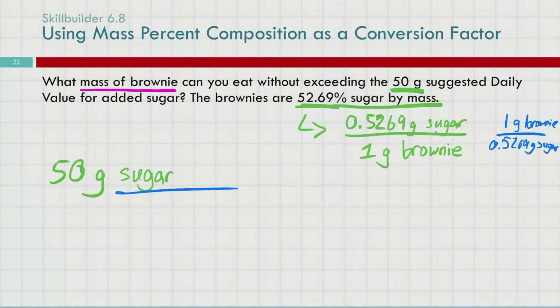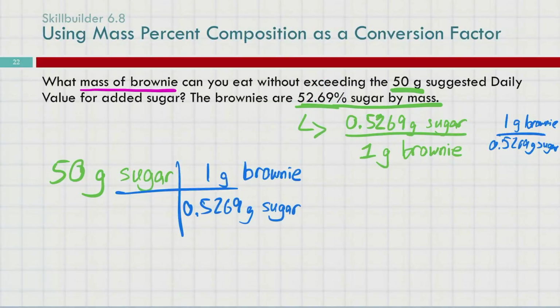So we're dividing by our percent composition. So cancel those out. We'll get grams of brownies left over. We do 50 divided by 0.5269. Turns out we could eat up to 94.89 grams